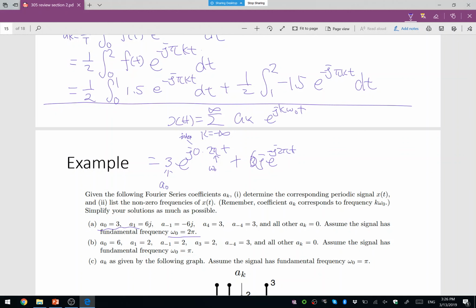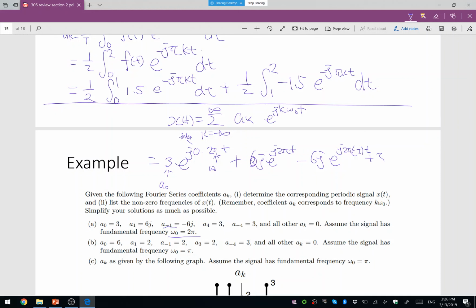And plus minus 6j, so minus 6j e to the power of, excuse me, this should be 1, sorry. It's too messy here. So this is a1, so this index should be 1, and this is a minus 1, so the index here should be minus 1. j 2 pi times minus 1 t